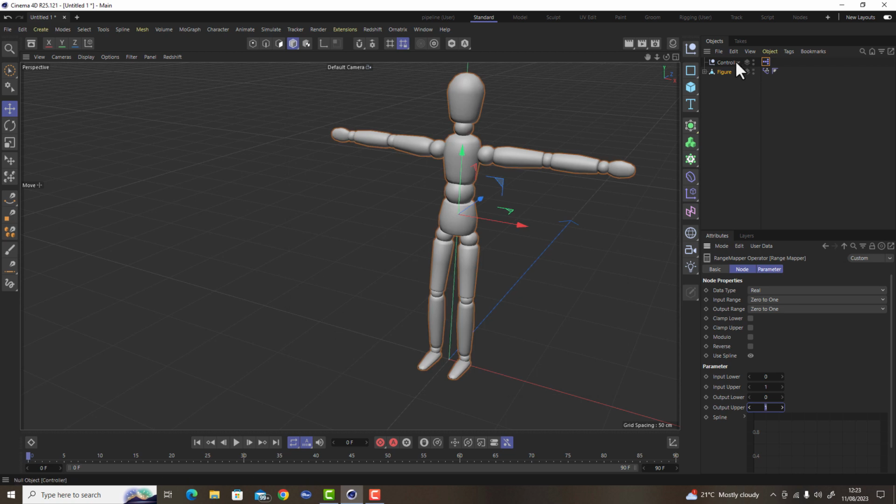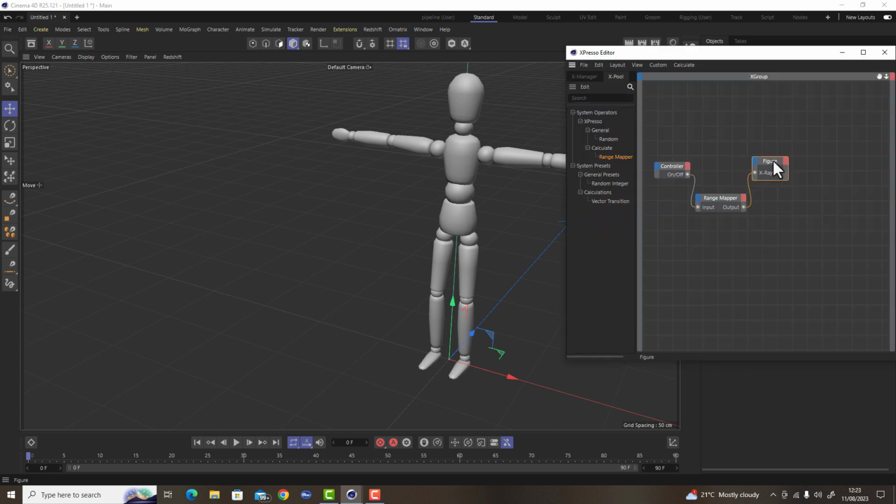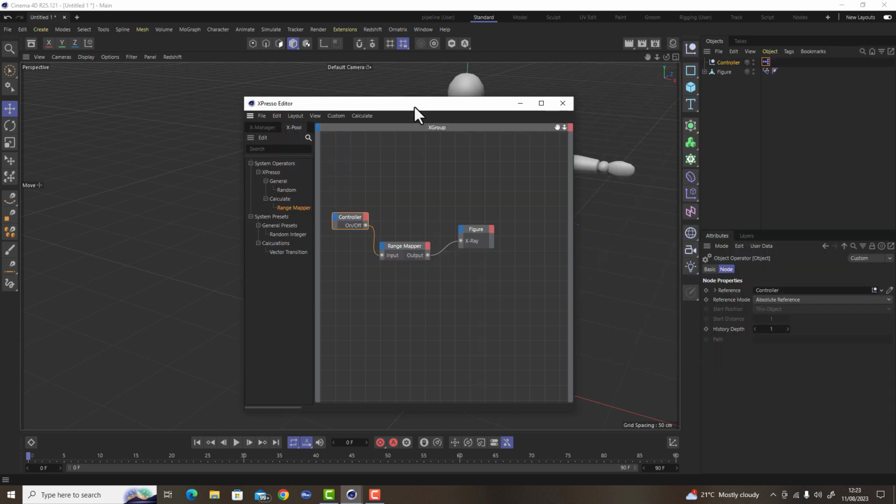So now that we've done that, we've got all of our controllers set up. We can now turn on the X-ray. It should be turning on right now. Let's just check. Figure, controller, 0 to 1, 0 to 1. Yeah, that should be working right now. X-ray for figure, controller on and off. Yep, that